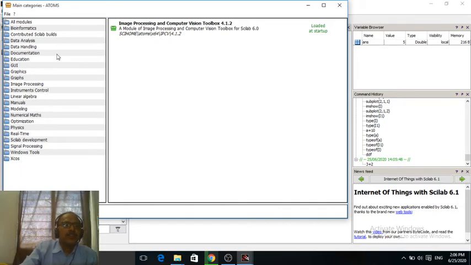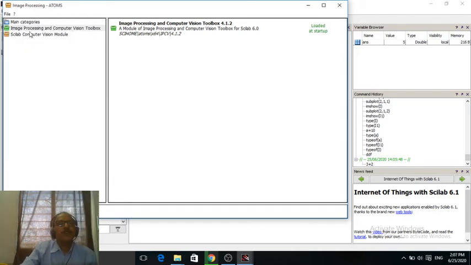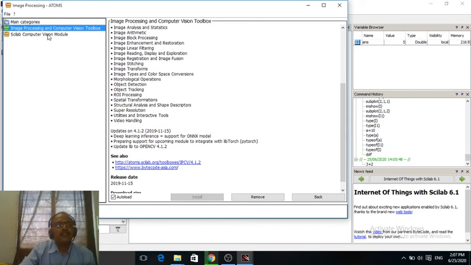So in this module list we have to find the image processing module. See, this is the image processing module. In that you can choose image processing and computer vision, and see the install button. Here is the install button, but it is not visible because I already installed that. When you choose this and click the install button, this image processing module will be installed on your computer system. After installation, it will show a green message that your installation was successful.